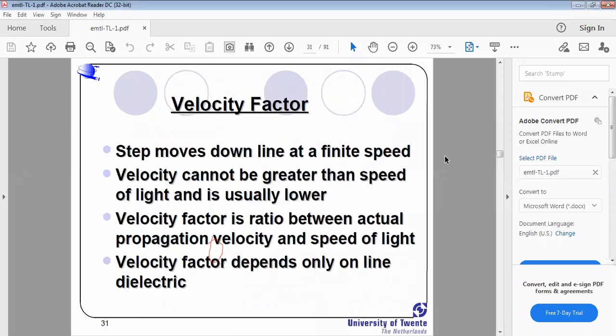See here, the next one is the velocity factor. Velocity factor means how fast the signal is moving through the transmission line. A step moves down the line at a finite speed. The velocity cannot be greater than the speed of light and is usually lower. What is the ideal speed of that signal? In general, it is the light velocity in free space. But when we consider an independent medium, not like free space,